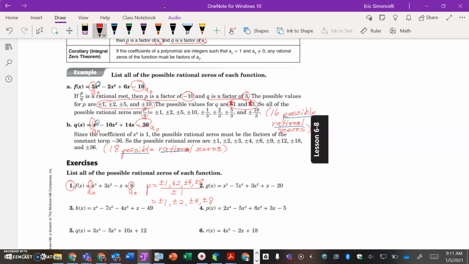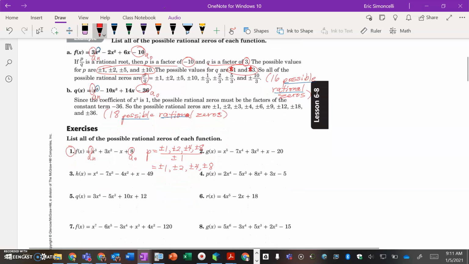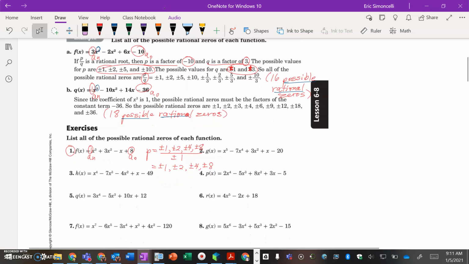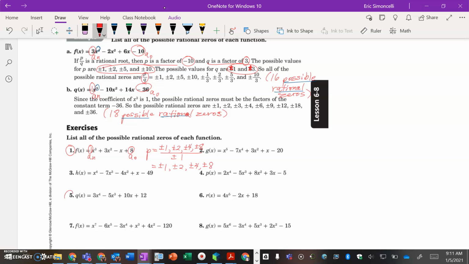If the denominator wasn't 1, which we're going to take a look at in another problem in a moment, then you're going to have to write out all the fractions separately, similar to part A as you see up above. So let's do that. Let's take on number 5. In number 5, we've got a leading coefficient, a sub n, of 3, and a constant, a sub 0, of 12. So if we do p